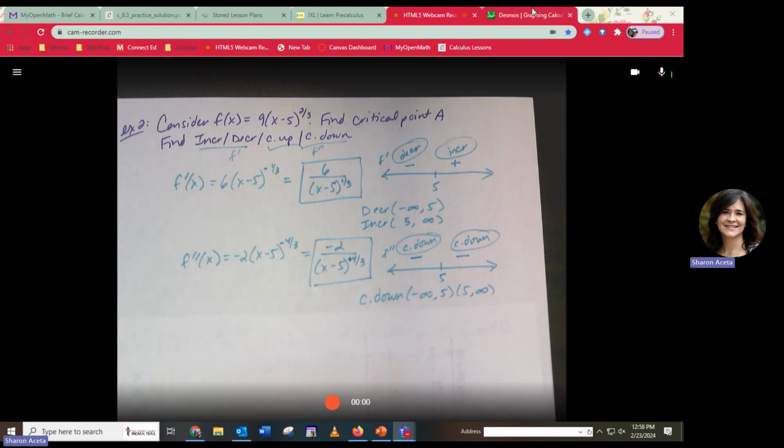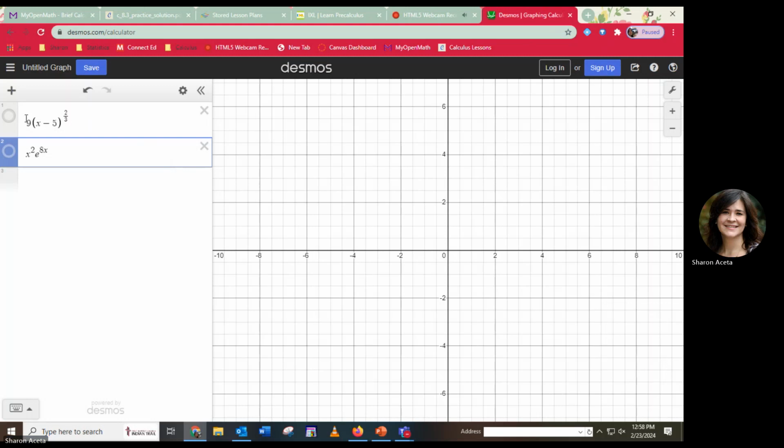And if we take a look on Desmos, here's the original function, 9 times x minus 5 to the 2/3. Look at that. There's a cusp happening at 5. Okay, so this function, as you can see, is concave down. Now, this is not concave up. I know I usually use the phrase, it holds water, and it looks like it's holding water, but I'm saying